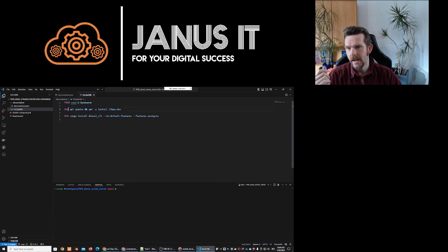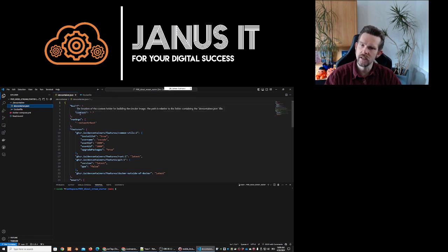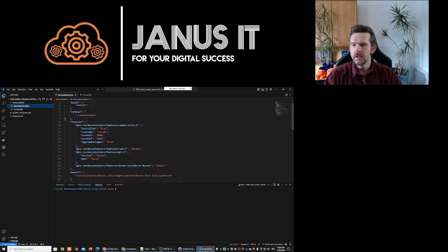And then you can actually run some commands. So what I did here is just update the package manager and install the Postgres development library. And afterwards we use Cargo to install the Diesel command line interface for Postgres. Okay. So the devcontainer JSON is a bit more complicated, but in the end this is a file that glues your